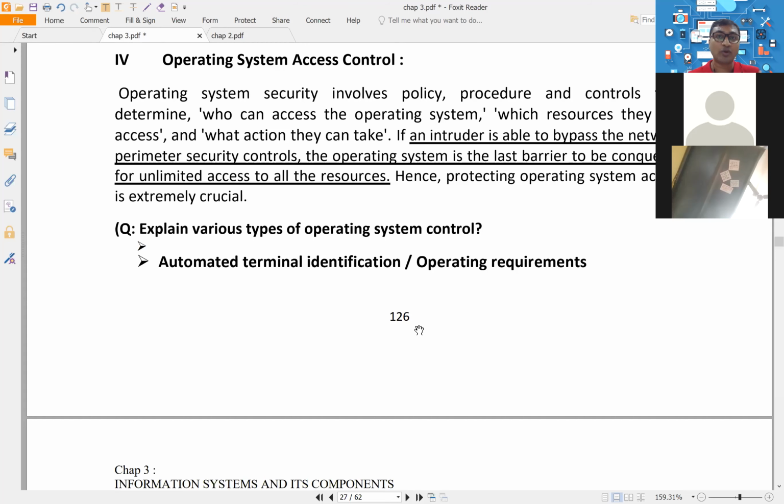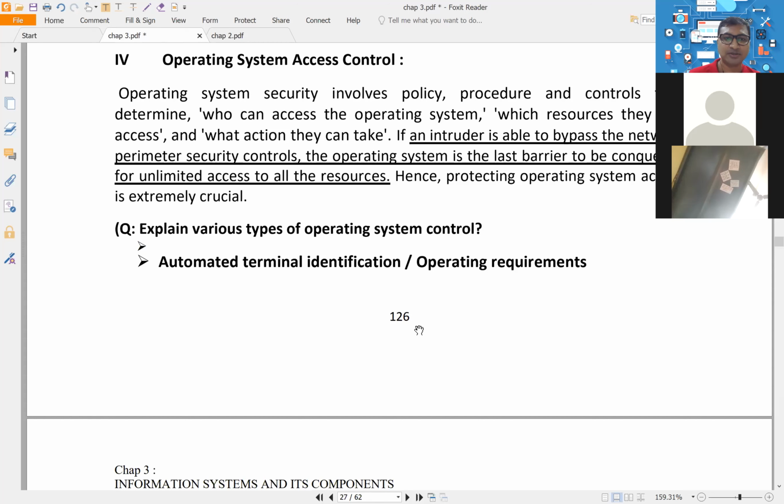So if network access control fails, the next level of control which we are going to implement is operating system access control. Now when you talk about operating system access control, it is simple. It means implementing and verifying usernames and passwords, forcing users to set strong passwords. Then you should not provide access to sensitive features and settings to the system users. Then how can you set access privilege restrictions?